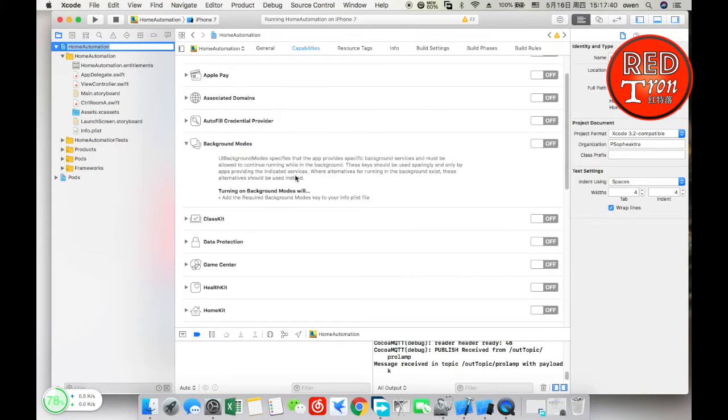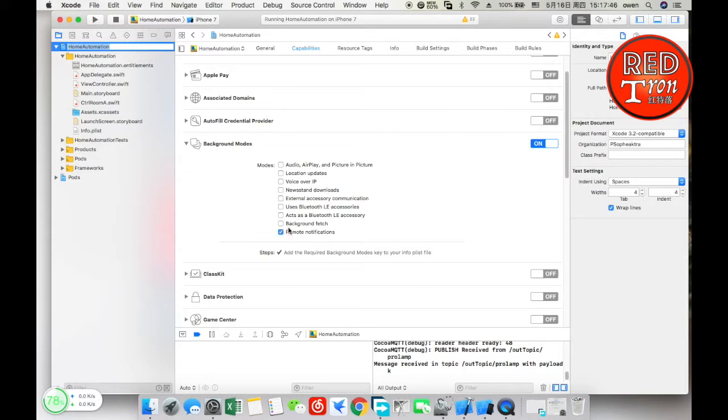You see that we haven't turned it on yet, so we're going to toggle it on, and allow everything from remote notification to background fetch. You can just ignore the ones up here, or check them all. I'm going to check them all, so it doesn't affect anything. So now we have our background mode function all checked and turned on, and all we have to do now is